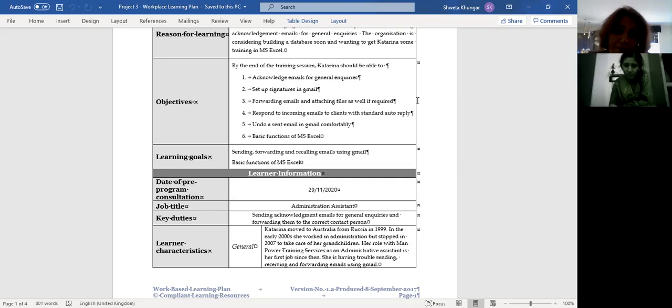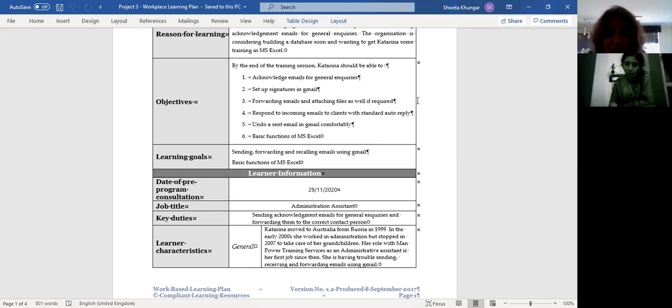One part is sending, forwarding, recalling, or creating your signatures, forwarding emails and attaching files if you require, and responding to incoming emails from clients with a standard auto reply. So basically creating a template so that you can create a standard auto reply, and undoing or recalling emails that you have already sent.